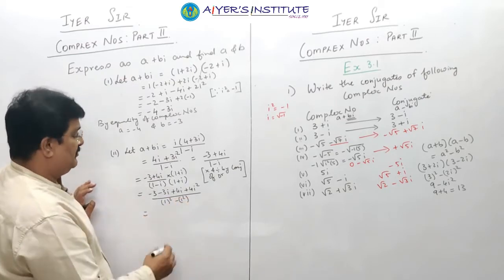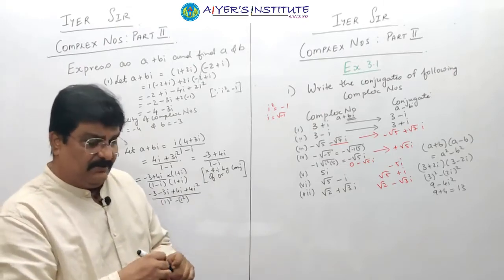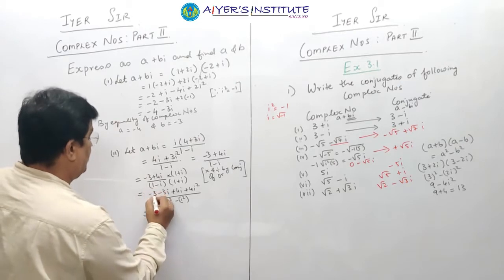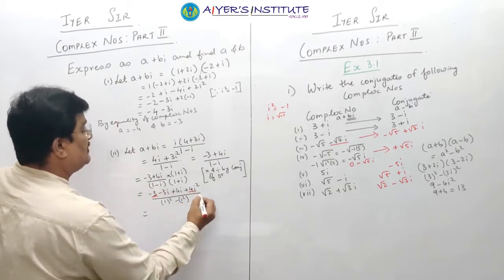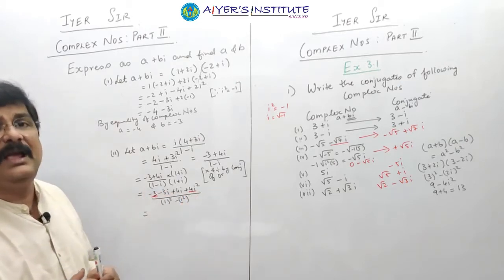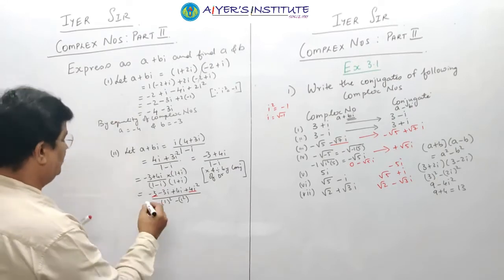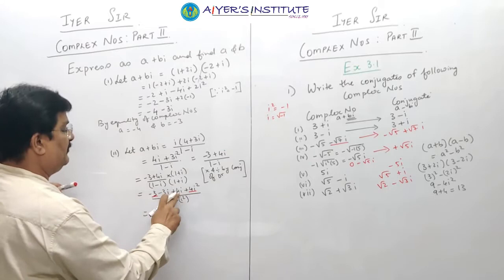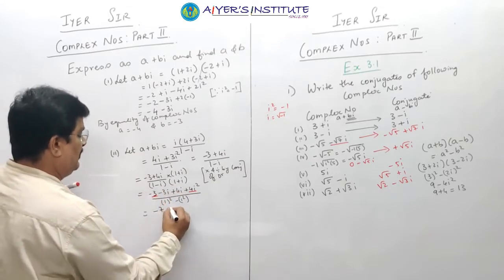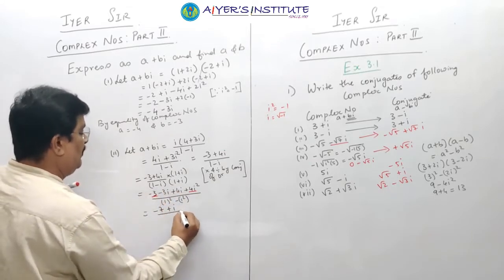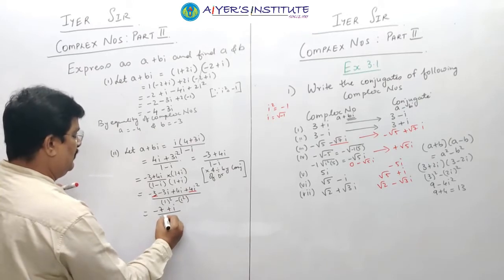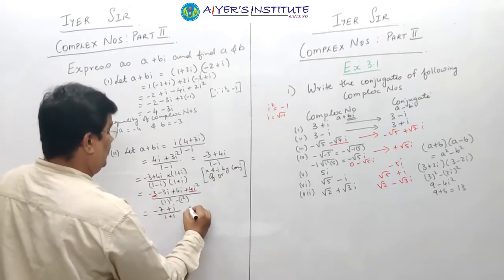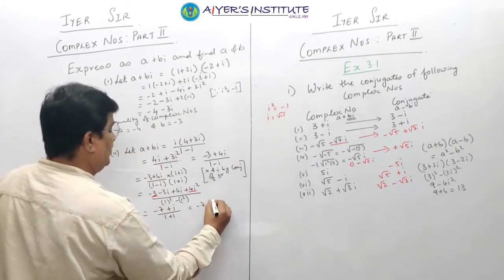We take the similar terms together. Now again, if you look into this, minus 3 and this i square will become minus 1. So minus 3 and minus 4 will give you minus 7. And this 4 minus 3 will give you plus i. In the denominator you will get 1 minus of minus 1, plus 1. So you will get minus 7 plus i upon 2.